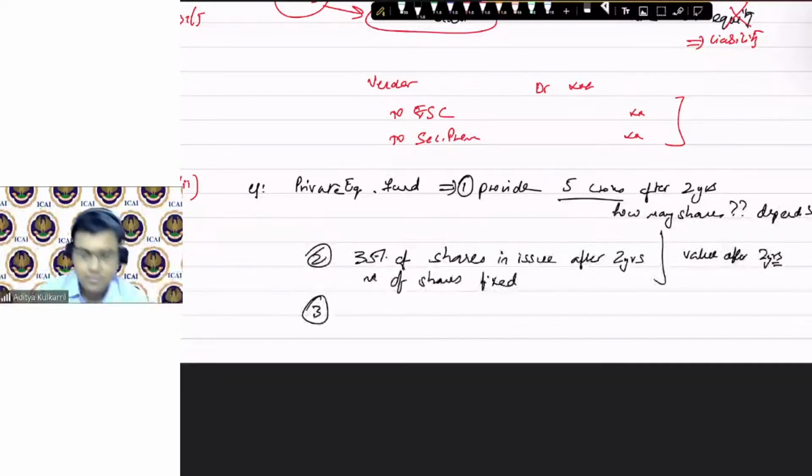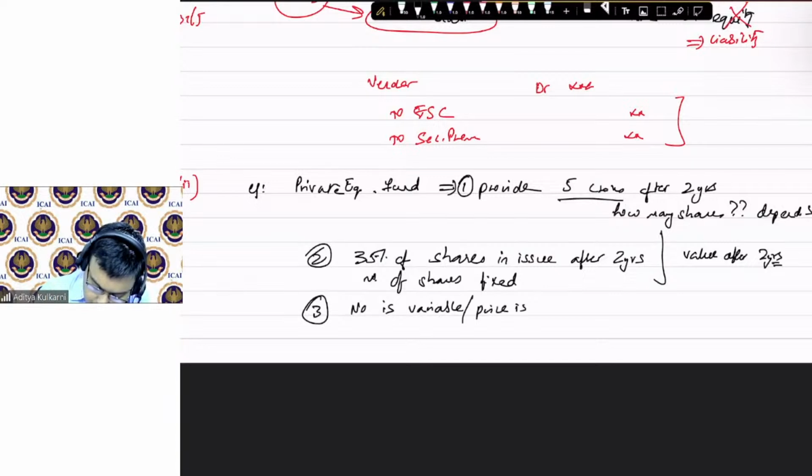In the third case, both are variable. Number is variable, price is variable. Both of them are variable. Depending on your performance, we will decide how much to invest. We will decide at what price we will accept the shares from you. Are you able to understand all these three cases? First case, commitment to 5 crores. Uske equivalent shares will come to you. So that is the first case. Second case, total number of shares invested is fixed.